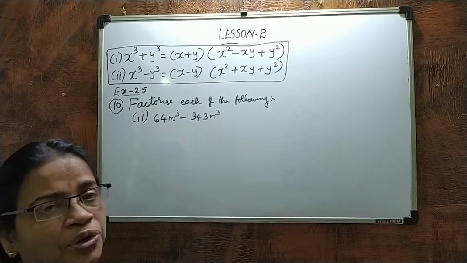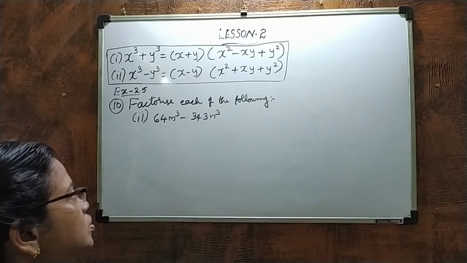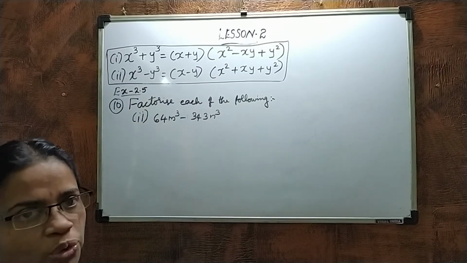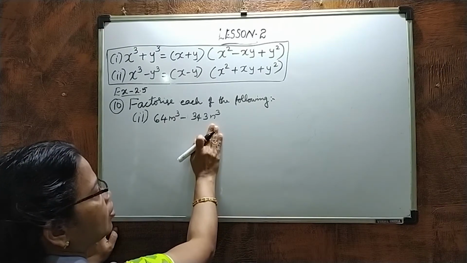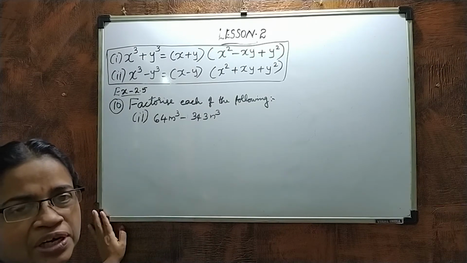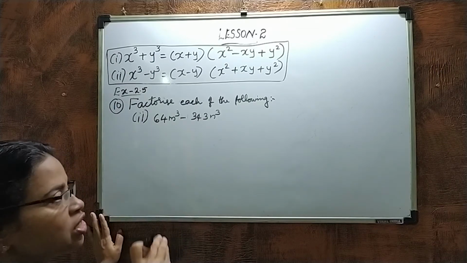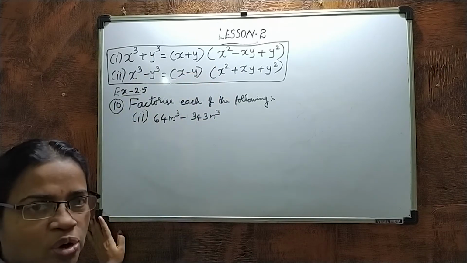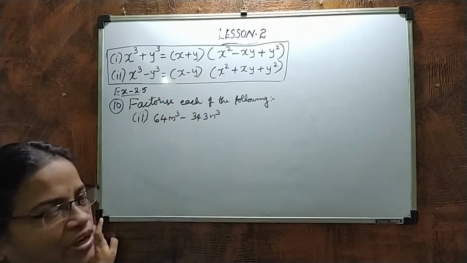Okay. Now we are going to do the first problem with this identity. So here it is 2.5, 10th question. Factorize each of the following, and the second question 64 m cube minus 343 n cube. And they had given you under this question one hint. Hint is given as the 9th question. Just look to the 9th question, you will get the answer. And the 9th question is this identity we have to prove. That already we proved now. Okay. So just look at this identity and you have to find out the answer.